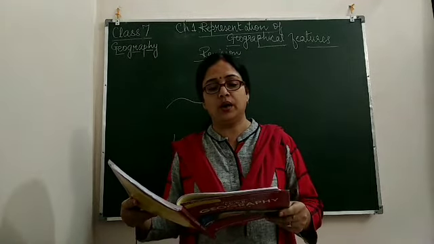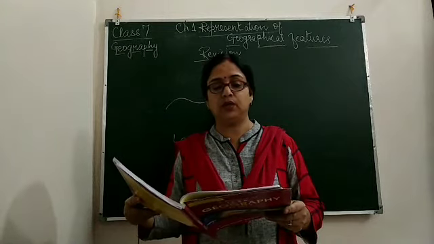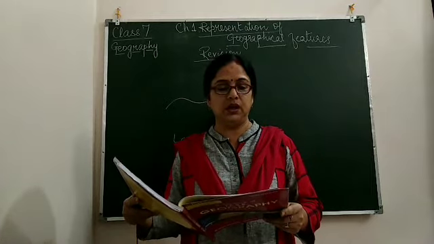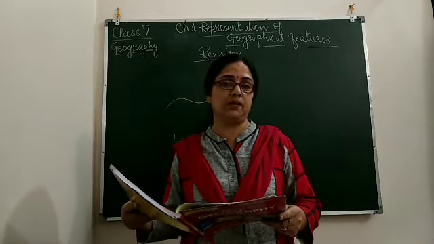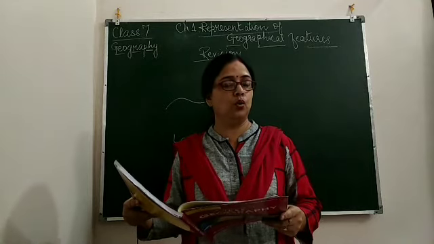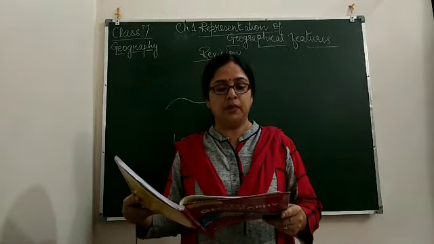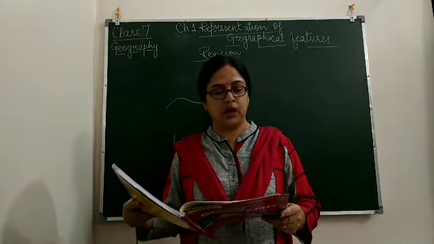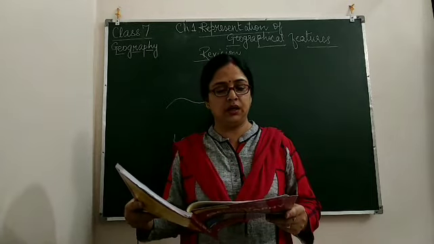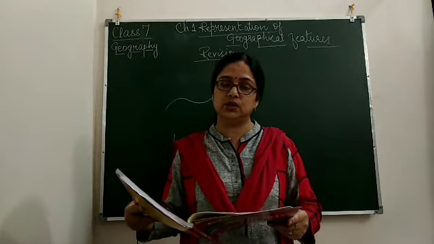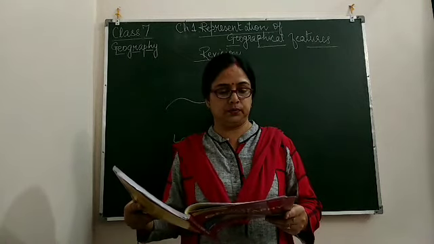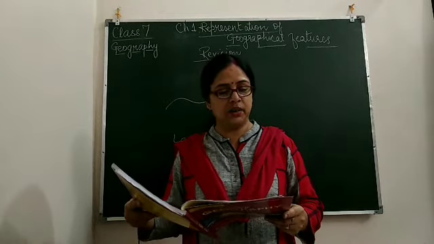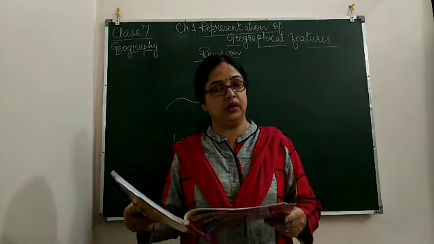Linear scale or graph represents what? Four options are given: area, ratio, distance, none of these. Linear scale shows the relation of the map distance and the ground distance, so the answer is distance. Magnetic north always points toward the north side. Cultivable land is shown in green, yellow, brown, black. It is used to represent the yellow color. Uncultivated land is shown in white color. Settlements are shown in red color.